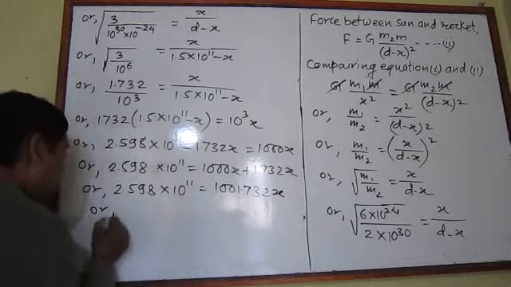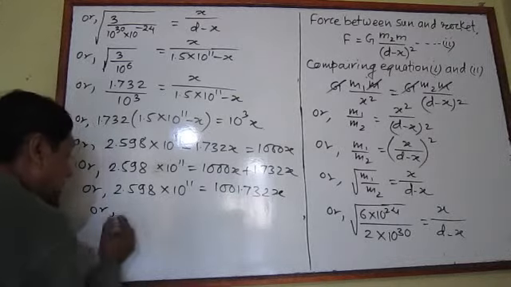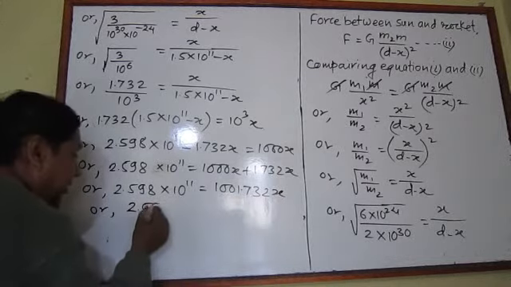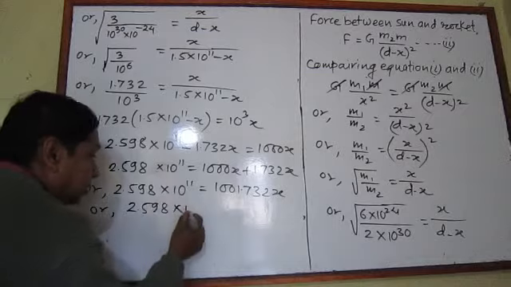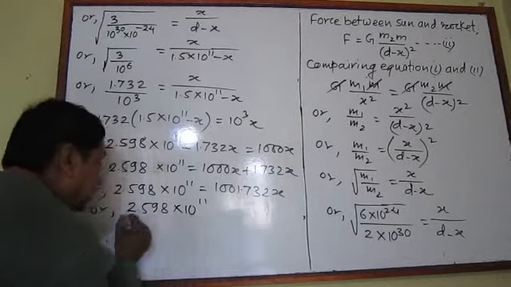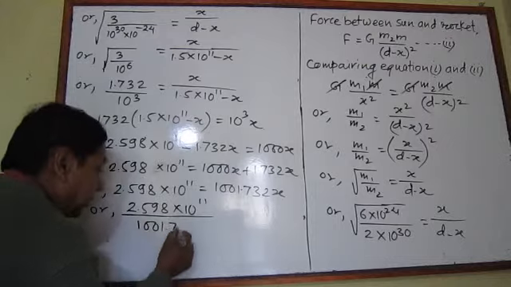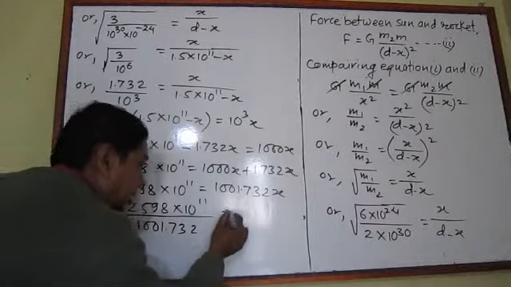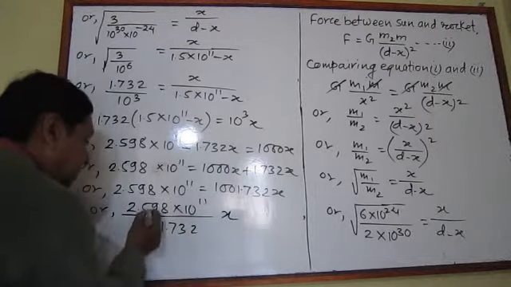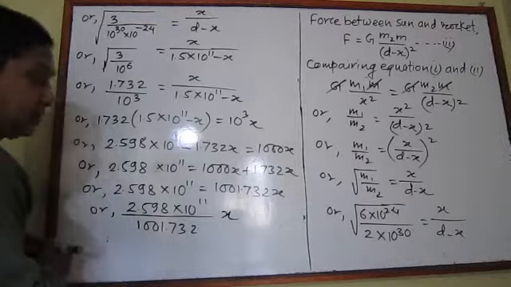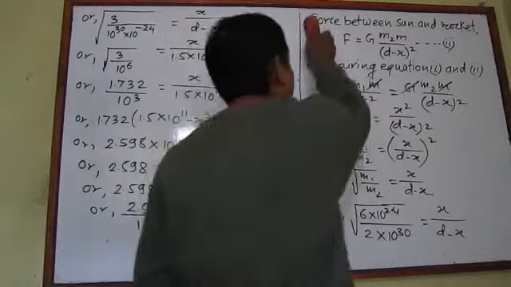And if this number is taken to the left hand side, 2.598 into 10 to the power 11 divided by 1001.732 is x. Then if this number is divided by this number, then we'll have